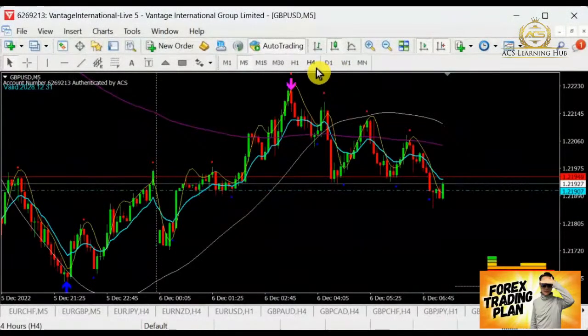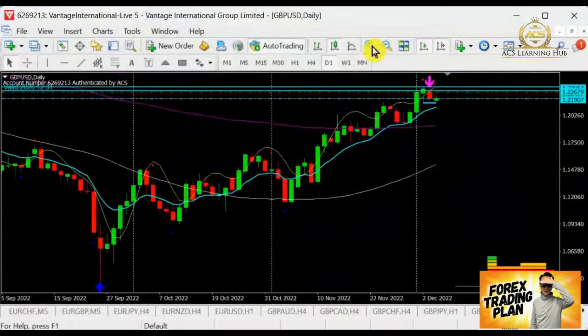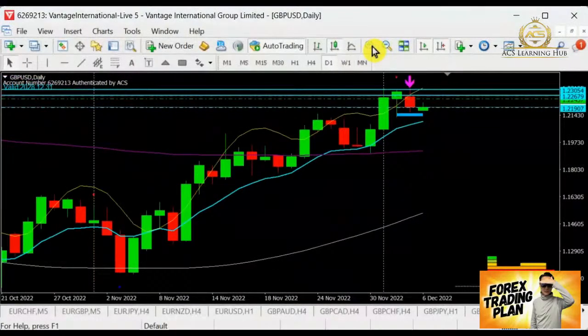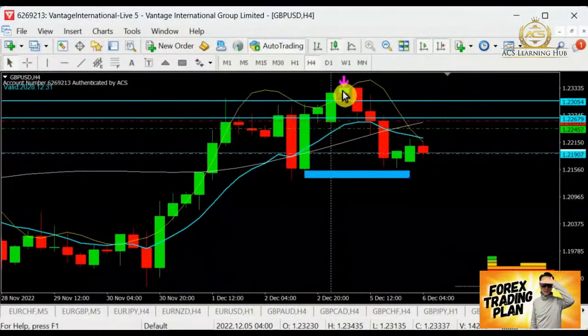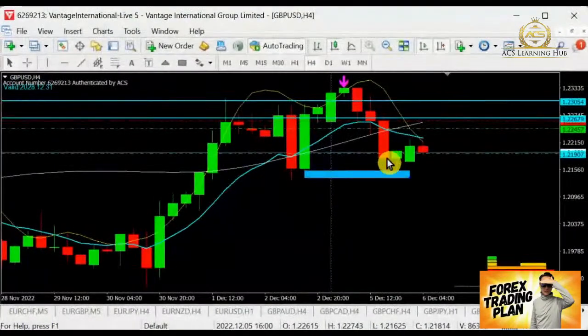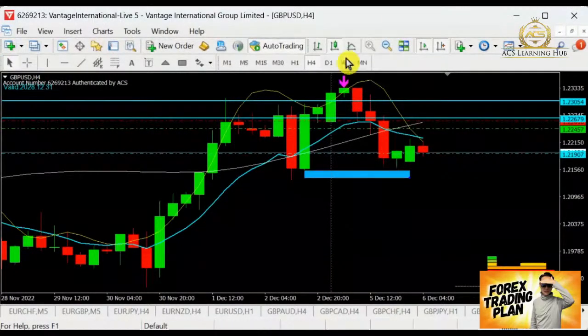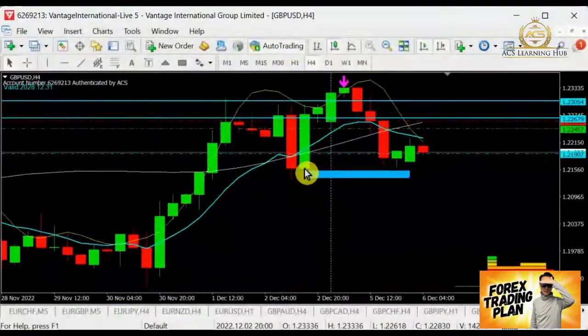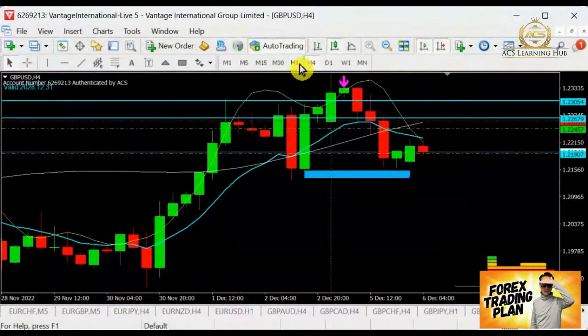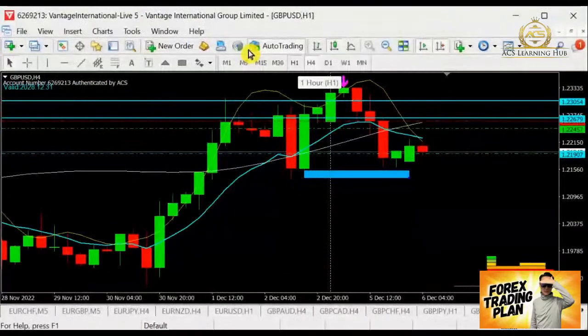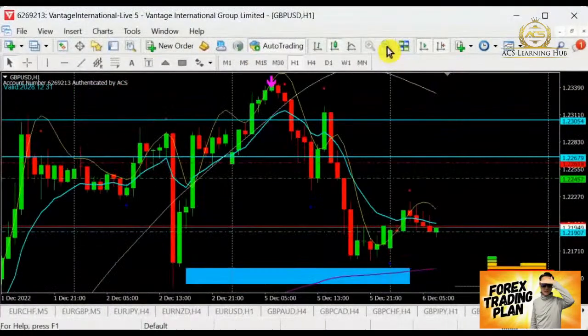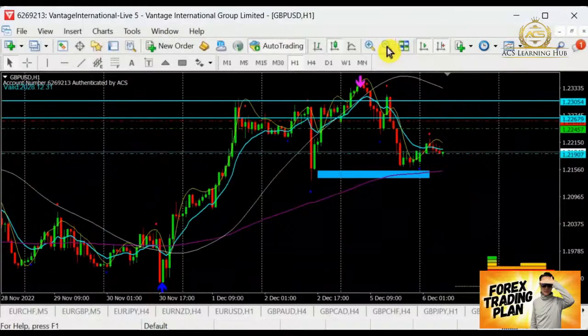Alright, so for Pound Dollar, let's take a look at Pound Dollar. Pound Dollar today has met up with this resistance level and started to swing down. Yesterday, we were talking about this area here. So yesterday, it started to swing down and got very near to my targeted area. So today, will there be any chance that it will start to swing for another selling opportunity? Looks like there is a chance because now it's actually building up the structure of a bear. So currently, let's see if this is going to work out.